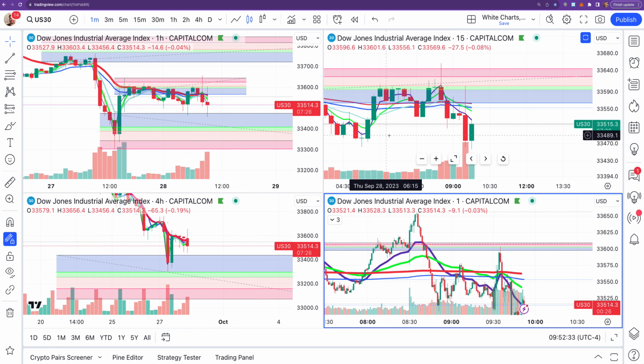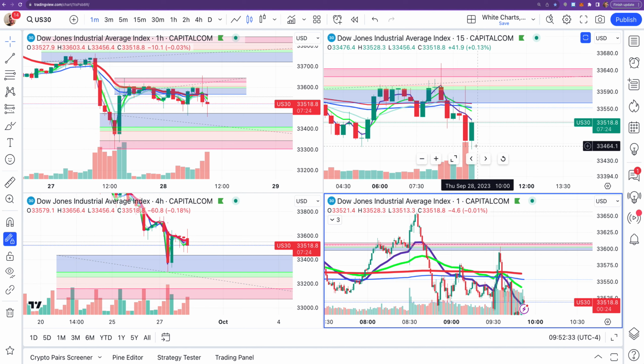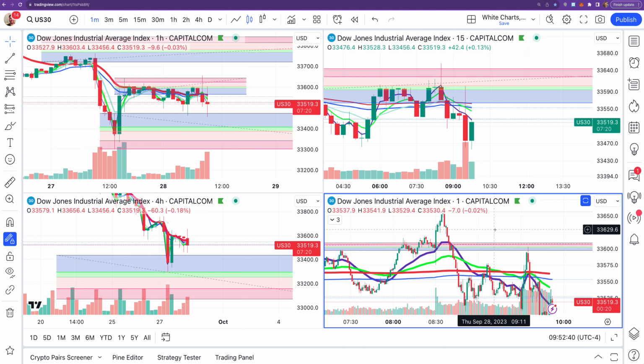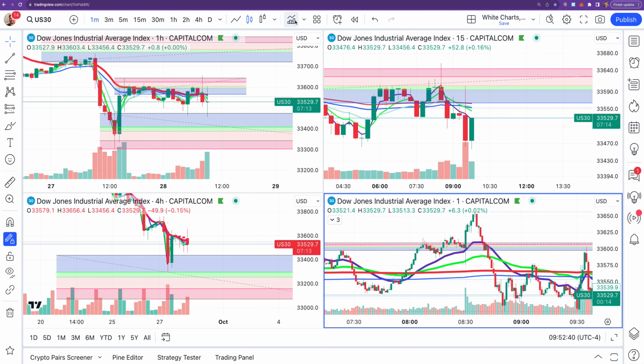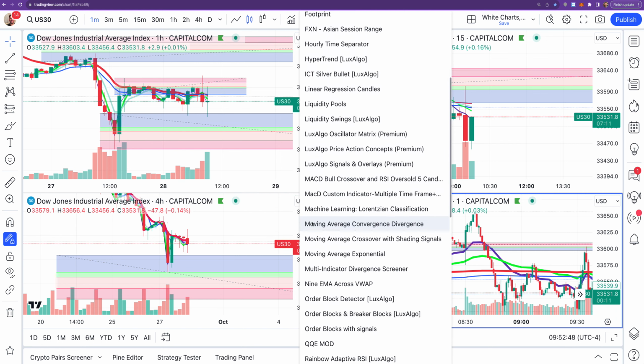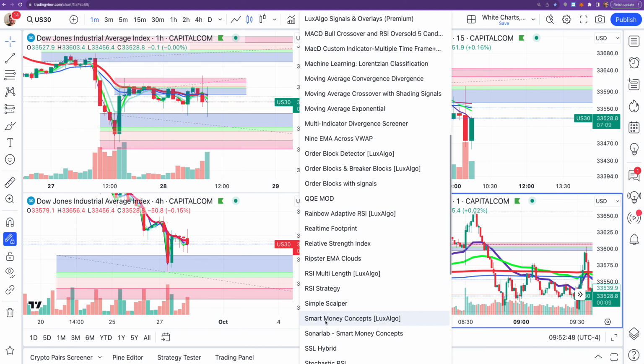So let me just show you the one trade I did do this morning, and then I'll show you what I was looking at after that. So on the one trade I did do this morning, it was just before 8:30. I did have RSI divergence, which I've been doing a lot lately. It seems to work good. So I had it on. I had RSI showing